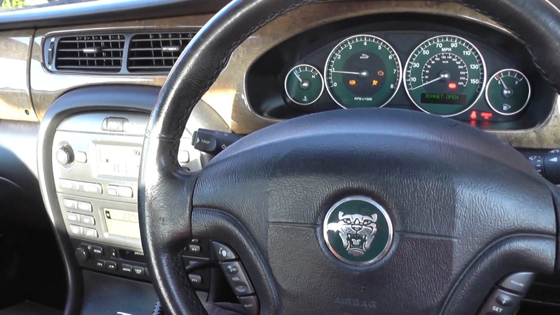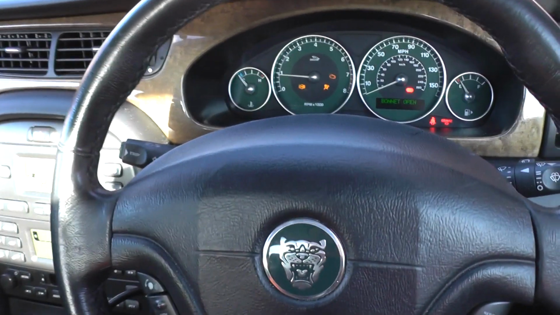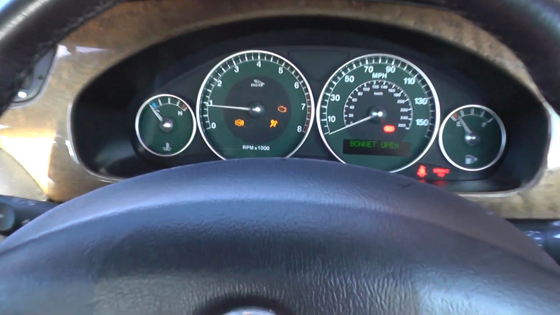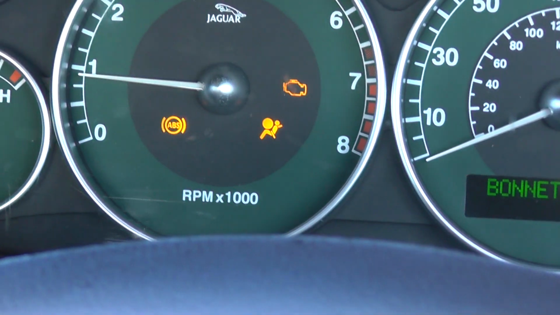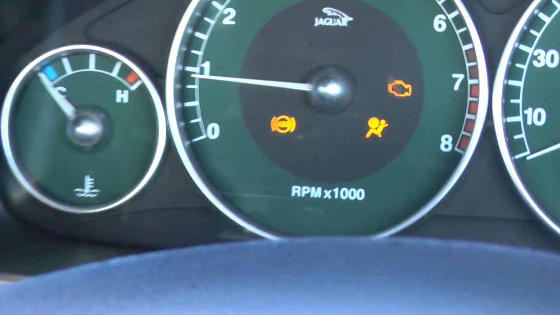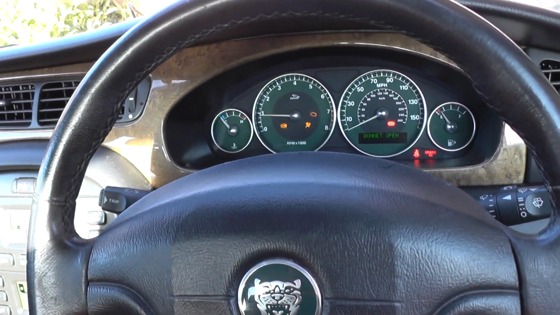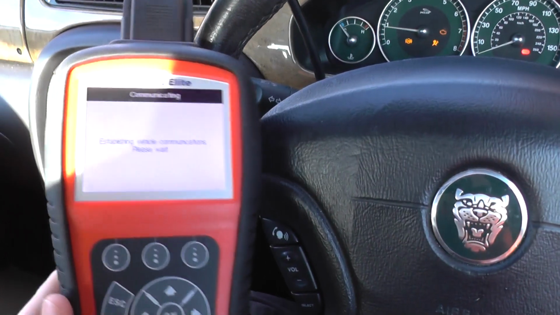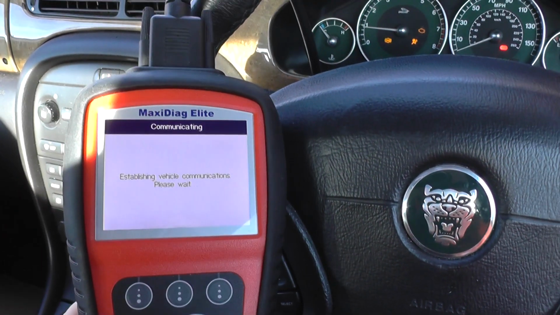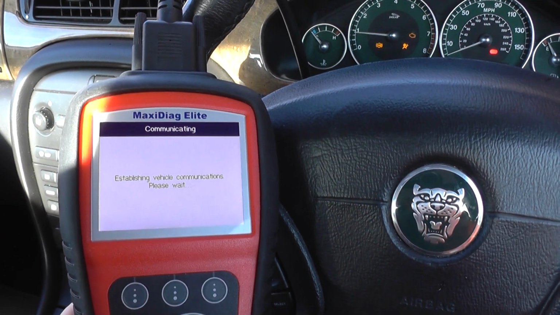Alright guys, this is our Jaguar X-Type, and what you can see on the dashboard, we've created some faults. We've got an ABS, an airbag and an engine warning light showing on the dashboard. Now what we're going to do is use the Autel MD802 here, and we're going to do a scan of the whole systems in